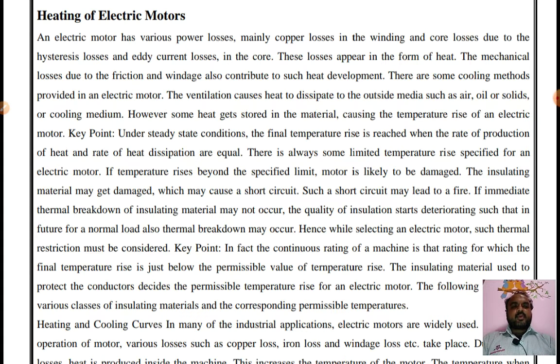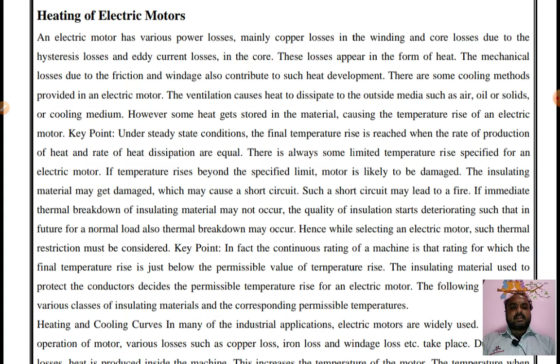There are some cooling methods provided in an electric motor. The ventilation causes heat to dissipate to outside media such as air, oil, solids, cooling media. However, some heat stored in the material causes the temperature rise of an electric motor. The key point: